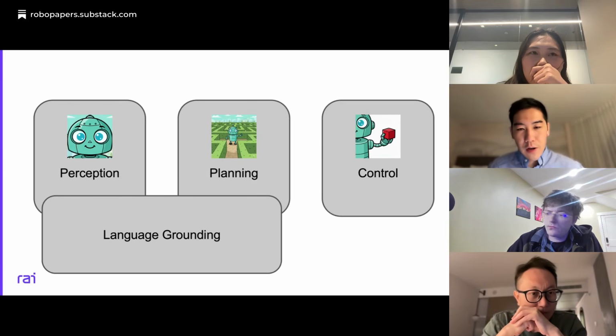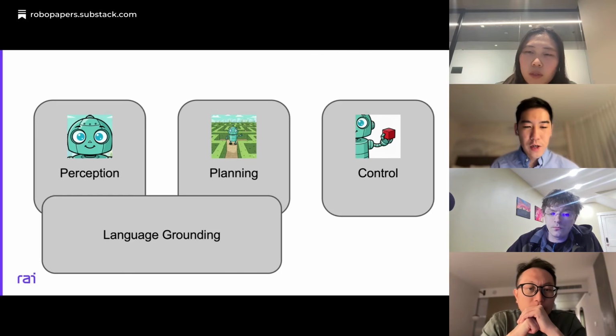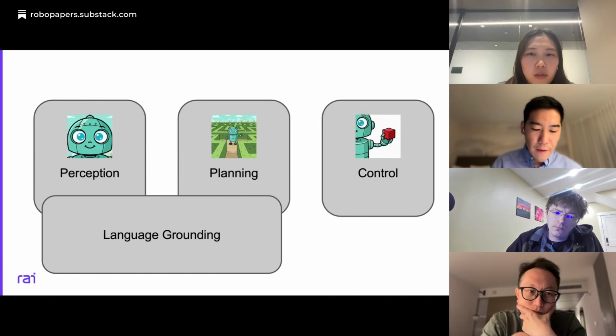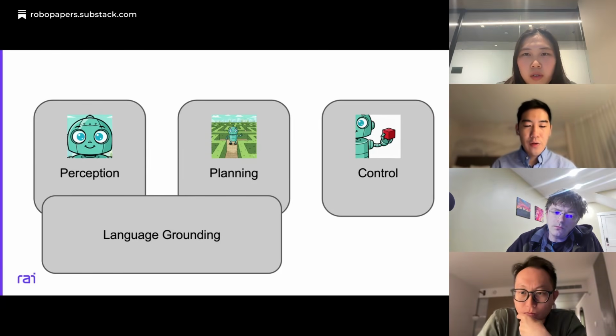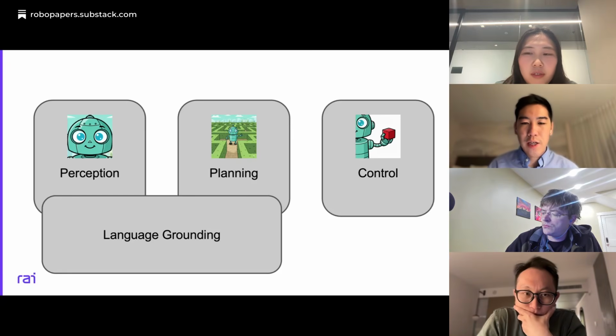So we first started from this classical robotics framework, where there is perception, there's planning, and there is control. And recently people's interest is more on language, so there's also language grounding. How can we ground natural language into the robot's perception as well as planning?